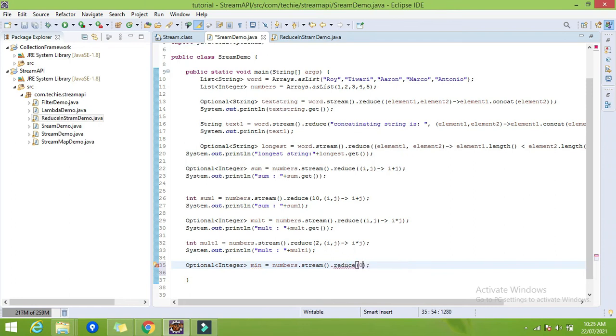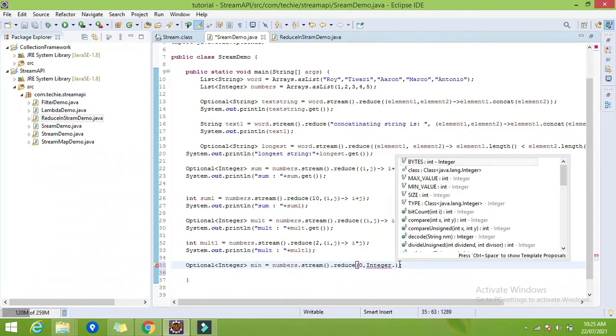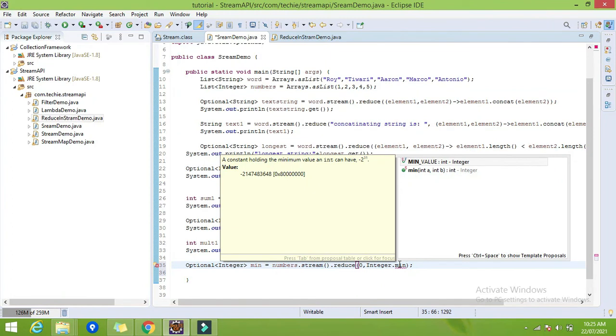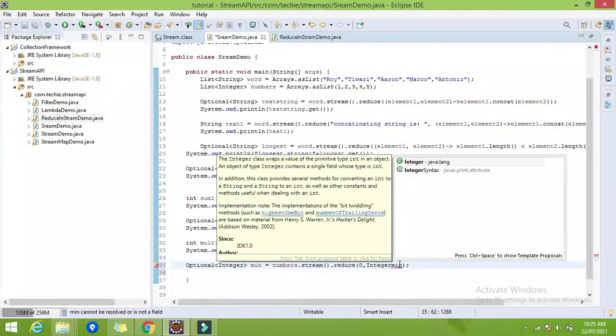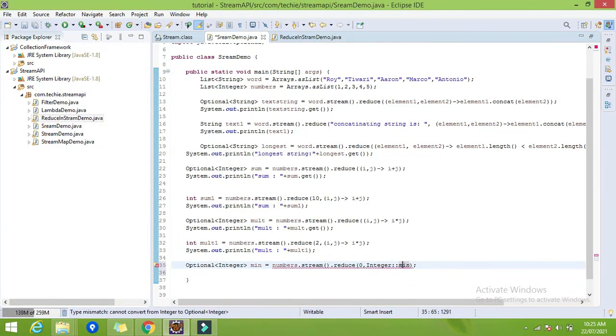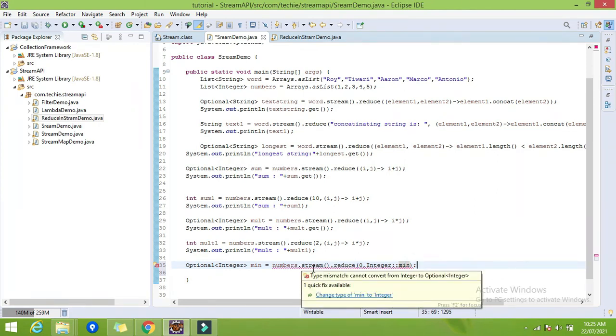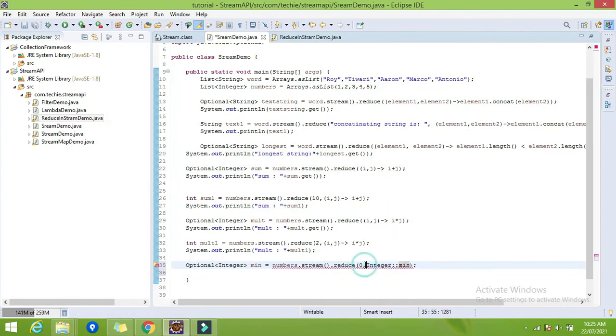So let's give the initial parameter as 0, and we have the inbuilt method called Integer dot min. So this is a static method, right? So we can use the method reference here, right? We have used the 0 initial value, so that's why it will be the integer. Now by using this also we can find the minimum or maximum value from this number list.